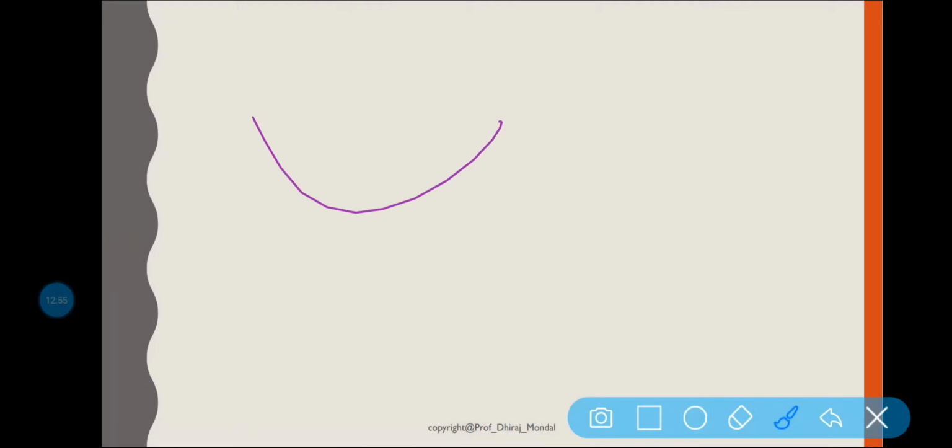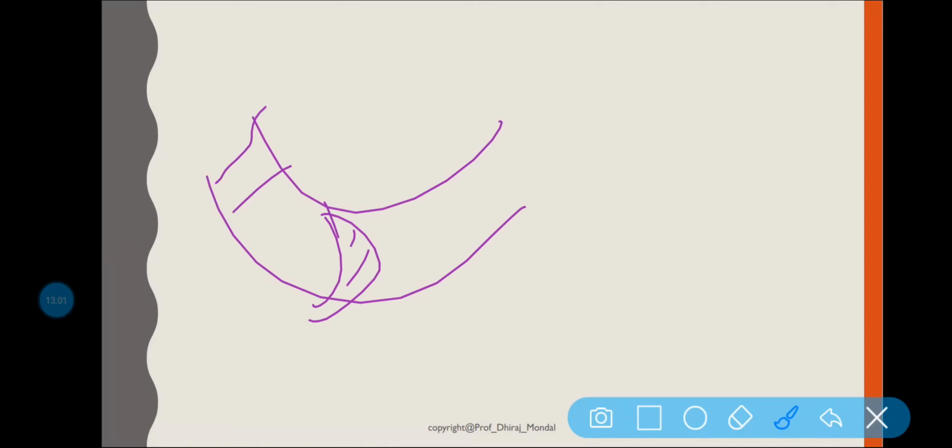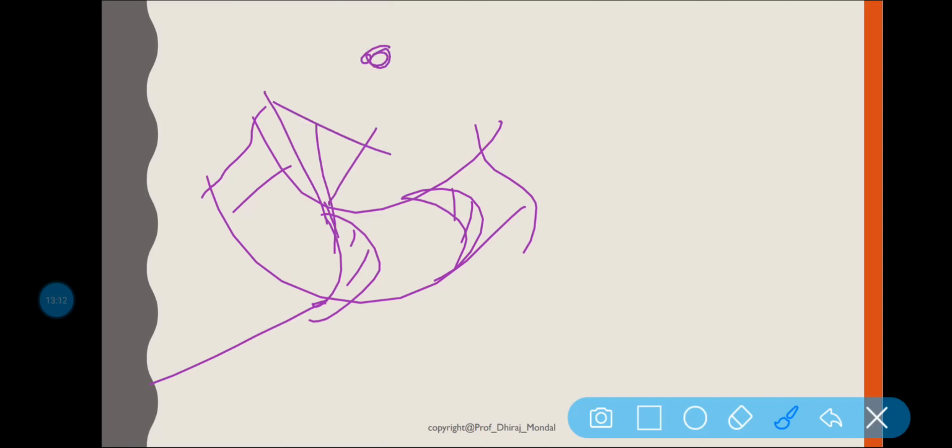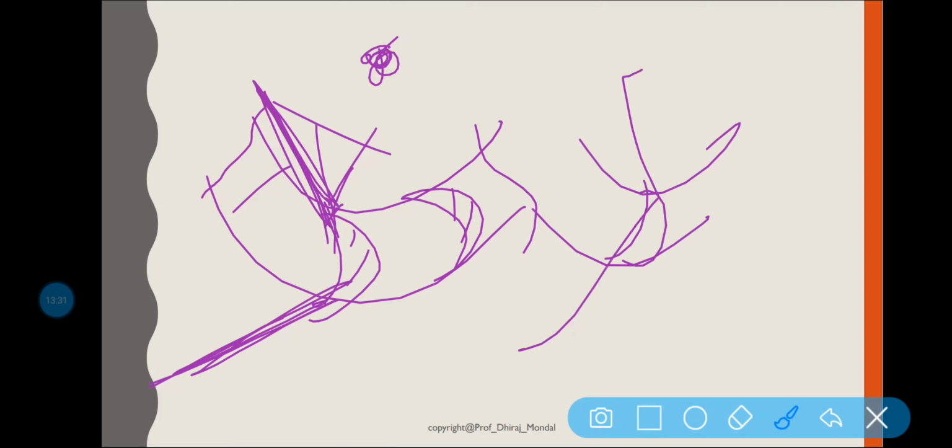What does it mean? Let us consider this is a wheel, and this is your curved vane which is installed inside the wheel. Let us consider the water is coming here and it is going out. Now this one is your center. Radial direction means the water is flowing radially. That means the water may flow radially from outward to inward, or it may flow from inward to outward.